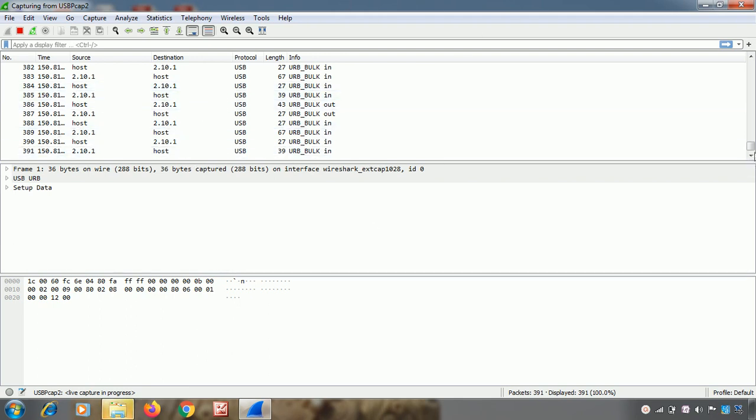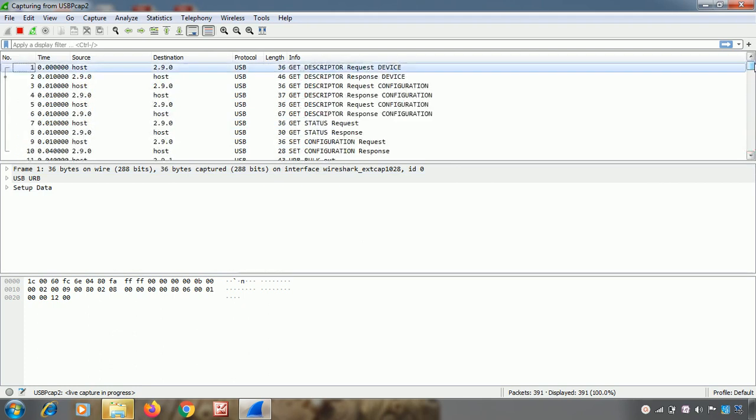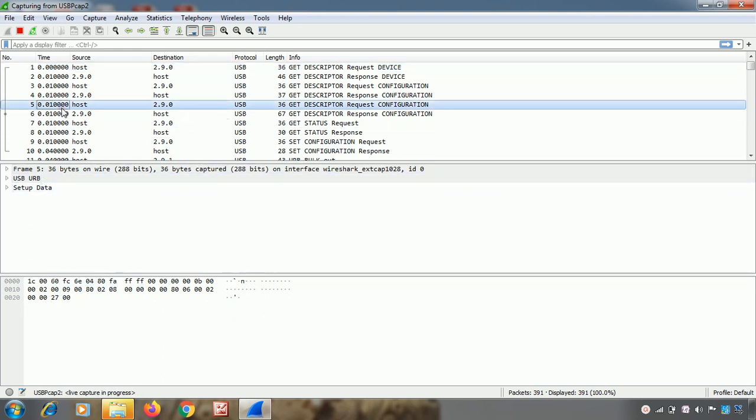Now suppose I want detailed information about this packet, so I'll click on this. As soon as you click on this, the below two sub windows display the information. Suppose I click this packet 5, so this is frame 5, the length is 36 bytes. 36 bytes means all the bytes are captured, and here is the interface.